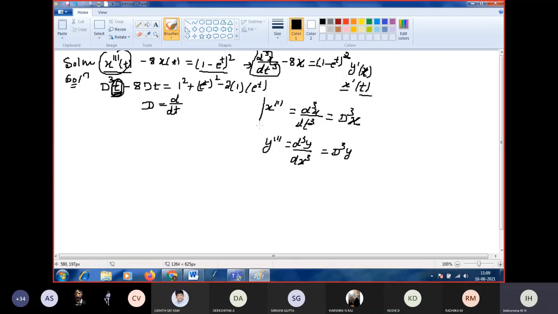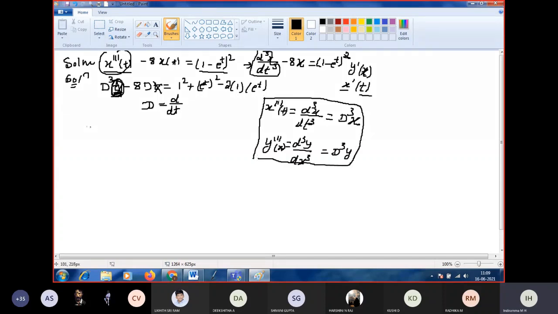You can write this in one side of your page. So then you will get the clarity. So it is not t, it is x. Here also we should write this as x, because x triple dash is nothing but d cube x by dt cube, function of t with respect to t. Y triple dash of x means d cube y by dx cube. Please write this down in the right side corner of your page.